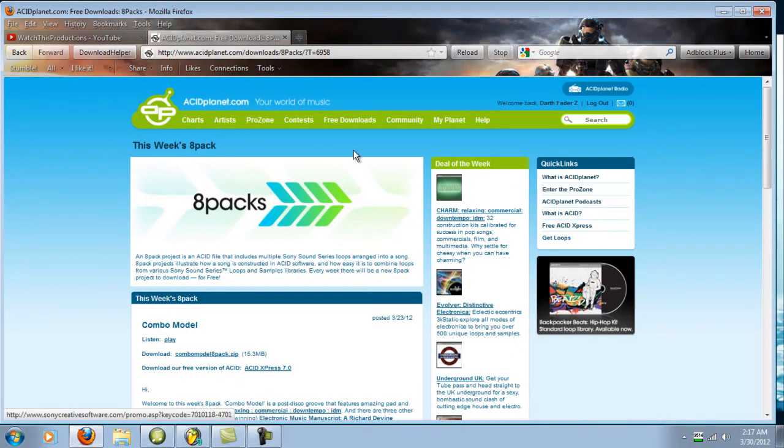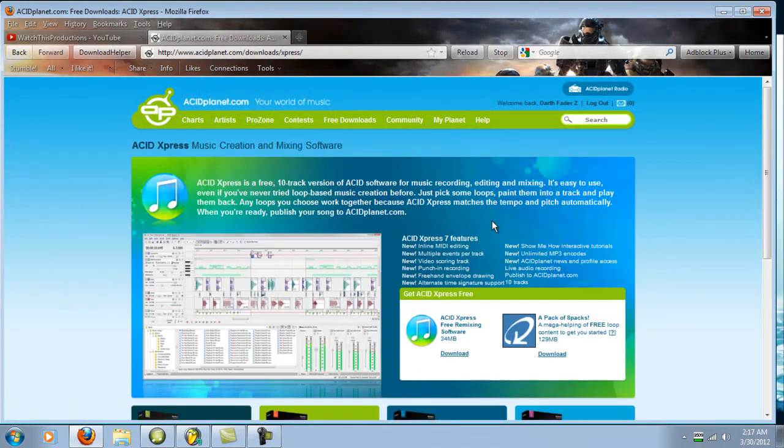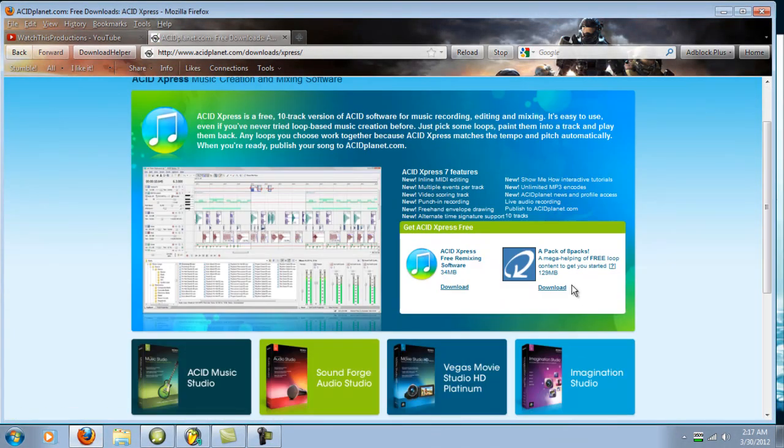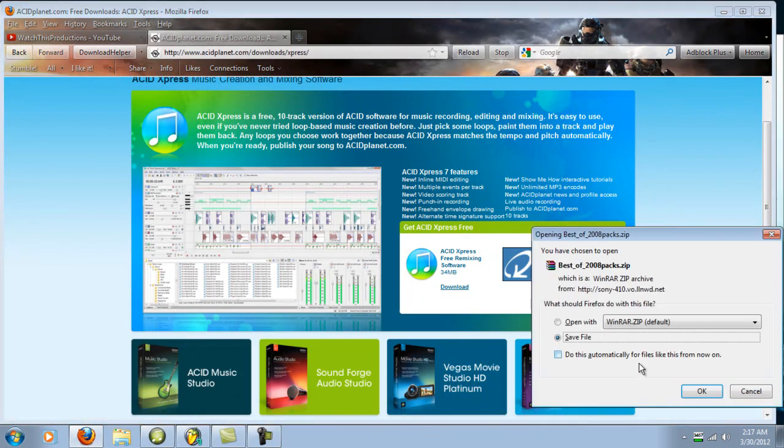And if we go to get free Acid Express, and then also right here, this mega pack of loops is 129 megs of free samples to help you get started with. And actually, I've already got this file in this folder, but I'm going to go ahead and download it again while I'm doing this. Best of 2008. See how old this is. I'm going to go ahead and